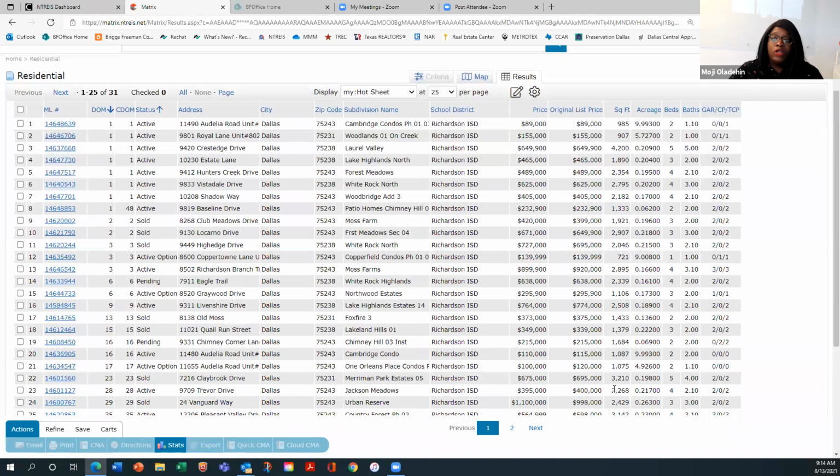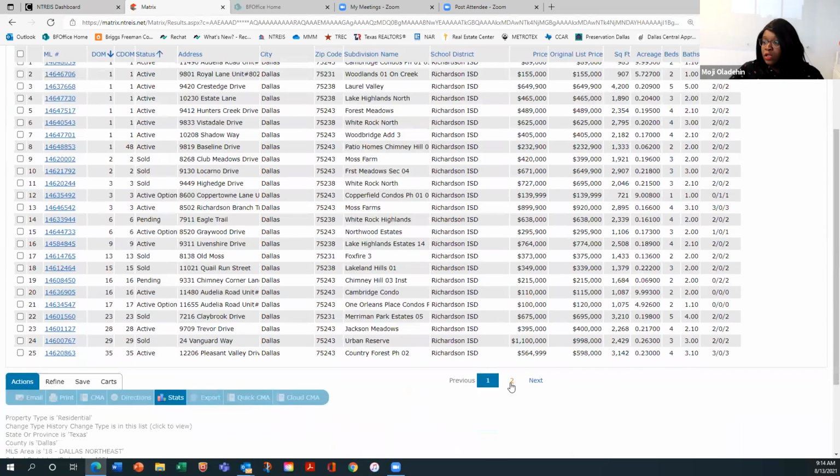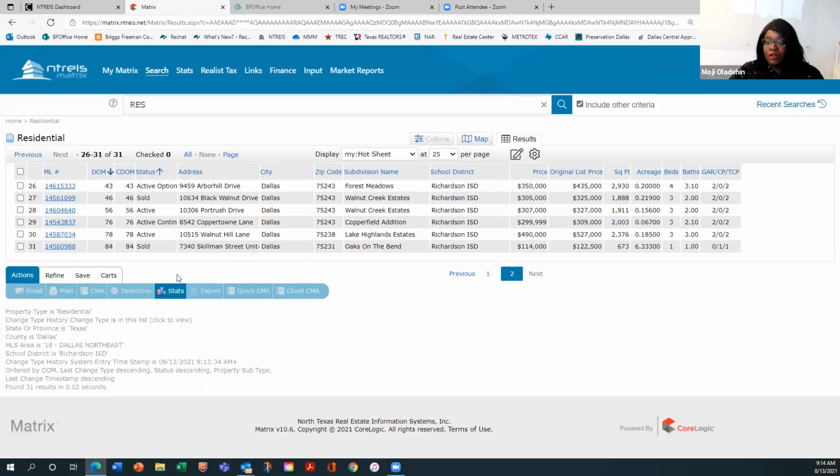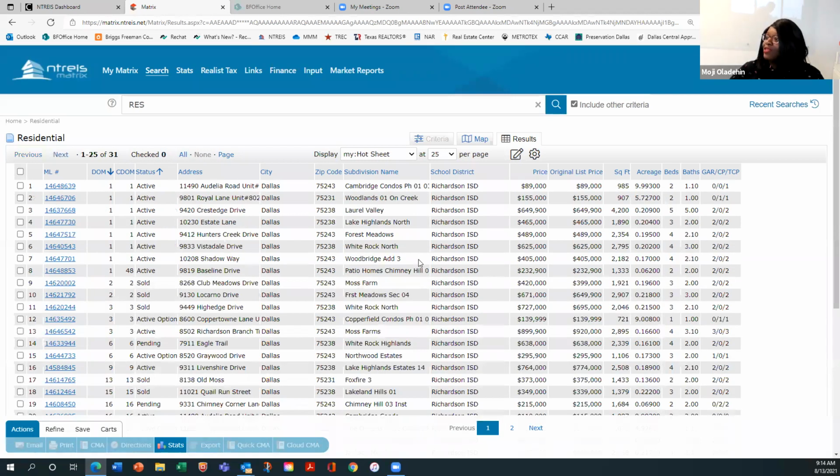So when you're wanting to do a hot sheet, you can go in here in the mornings and say, this is the area that my person's interested in. I just see that this is new on the market. Or let me see if I can find some. I was hoping that we would find one that was either